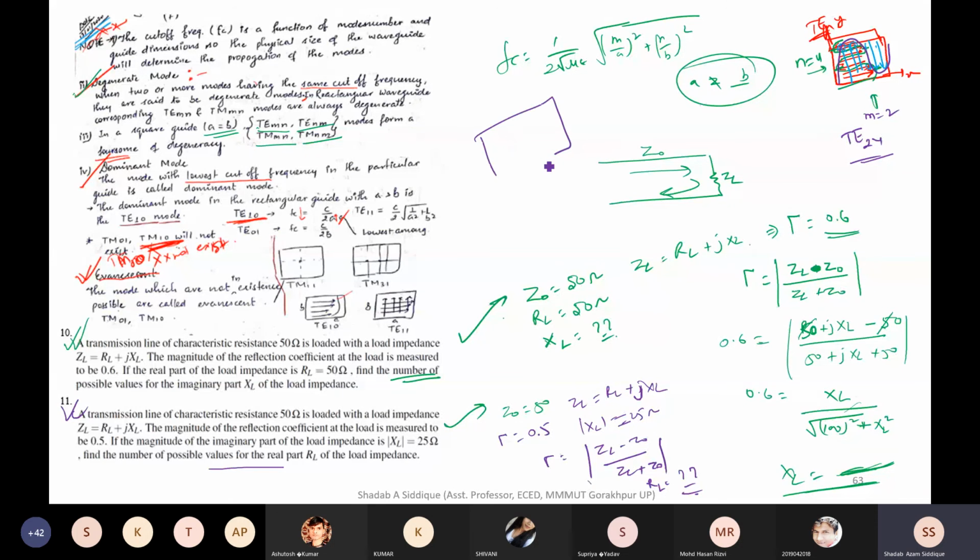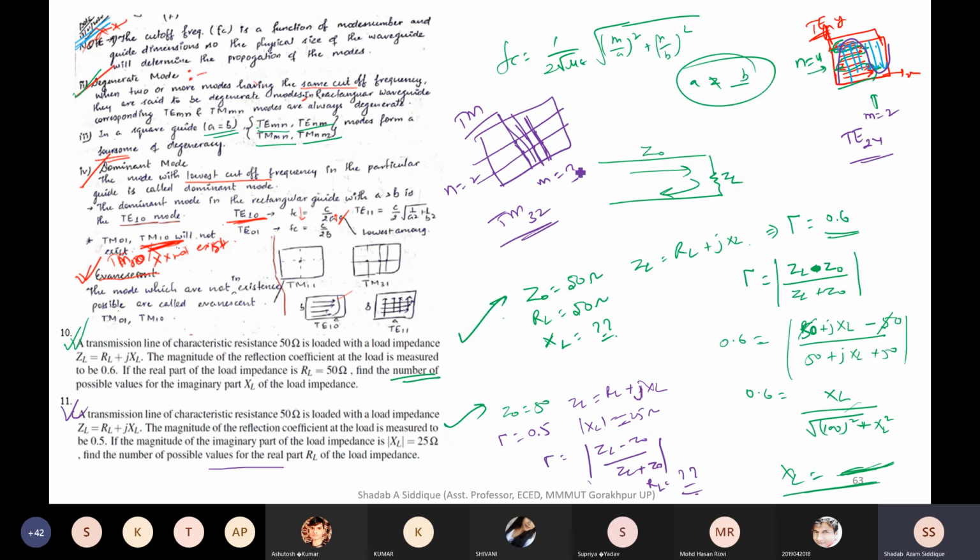For the TE. Now talk about the TM mode. So for the TM mode, you just point it out. Its representation is like this. Now from this side, how many lines are able to cut it? One line is this one, another line is this one, another line is this one. So 3 lines are able to cut these lines. And 2 lines are cutting from this side. So m equal to 3 and n equal to 2. So this becomes TM32 MN mode.